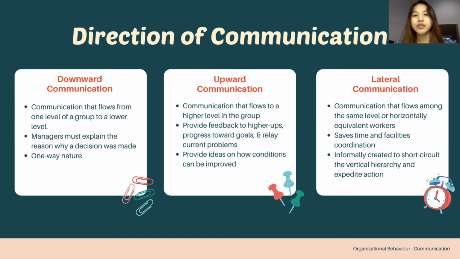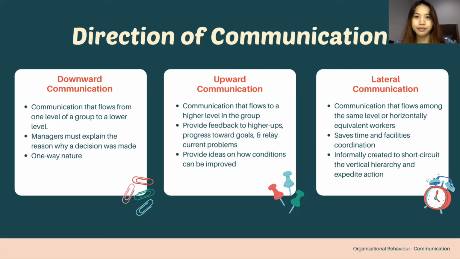And then the last one is lateral communication, which is communication that flows among the same level or horizontally equivalent workers. It's needed because it can save time and facilitate coordination, and it's informally created to short circuit the vertical hierarchy and expedite action. From management's point of view, it can be either good or bad, because lateral communication that occurs with management's knowledge and support can be beneficial. However, if the members decide to make a decision without their superior or boss's knowledge, it will become a problem